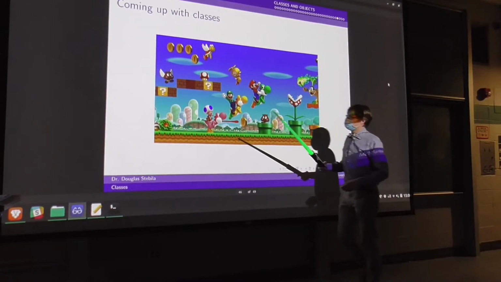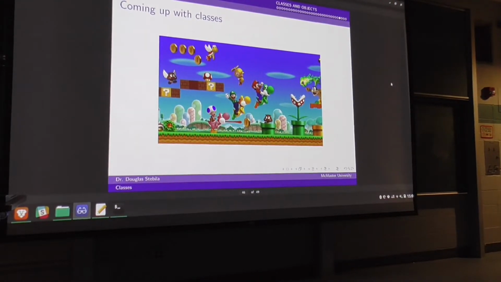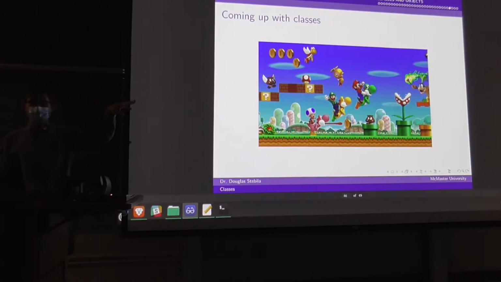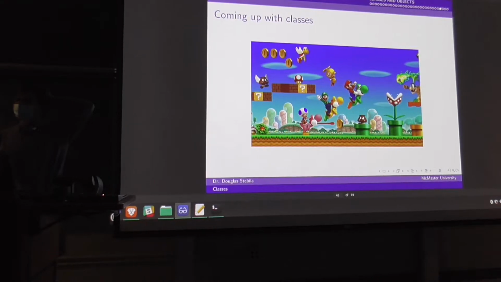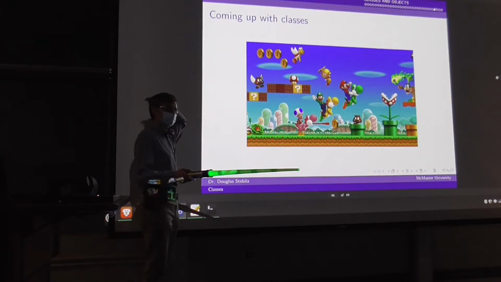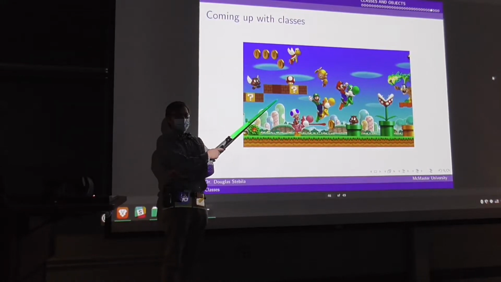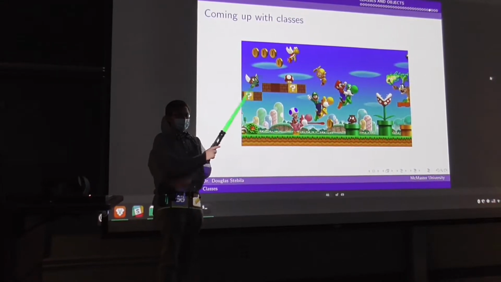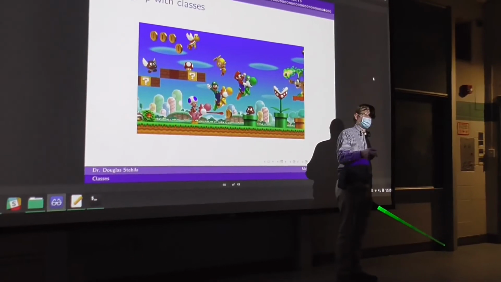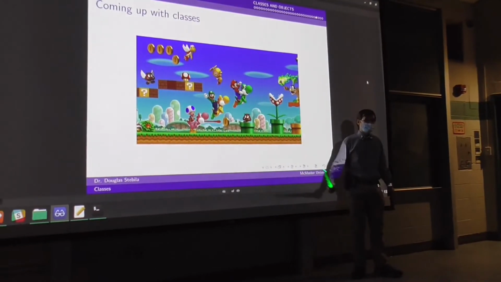Anyway. So, how about a block? What sort of methods would a block have? Aside from the collision, which is a physics engine, which is a whole other thing. Don't they have invisible blocks? They do have an invisible block. Whether it's visible or not would be a state, right? And then you would have a method that would, if you collide with an invisible block, if it's the type that becomes visible once you collide with it, the collide method would then flip the visibility property of the